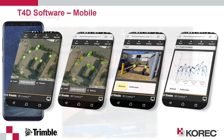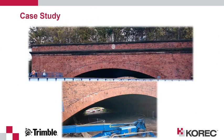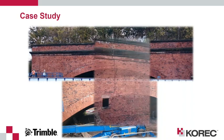I thought I'd give you a quick example of a case study that we did. Really, I think, as I mentioned at the start, construction is the driving force behind a lot of monitoring. This particular project was a reasonably compact site. Our customer was excavating the material that you can see on the bottom image there underneath the bridge, relaying a main road bridge. And that particular piece of infrastructure that you see there was a Network Rail historic bridge, and